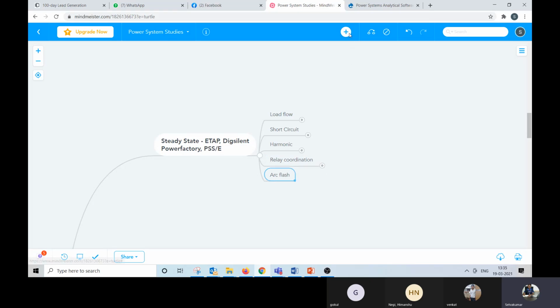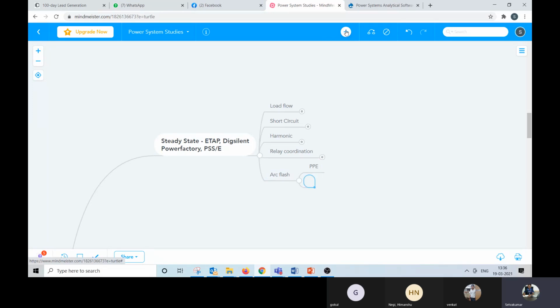Arc flash is helping you to find out what personal protective equipment is needed, like how you are looking at earthing as a safety. This arc flash is also a safety. If there is any arc flash incident which happens within the switchgear, what's the impact, or what's the damage which can happen to the human beings working in front of that, and what personal protective equipment the person has to wear so that he can be safeguarded.